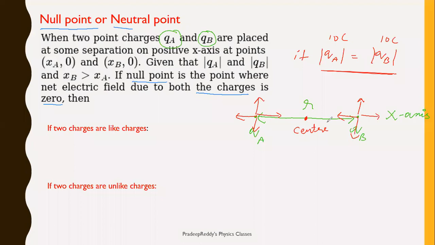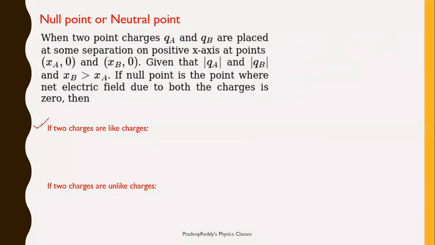But always it may not be the same situation. Null point may be different because magnitude of two charges may be different. So null point, you can locate it simply by drawing the electric force of lines like this. And this becomes null point, right? So this is what we have already learned in yesterday's session. Now mathematically, we are going to derive an equation to find out a null point. So that we will be dealing here.